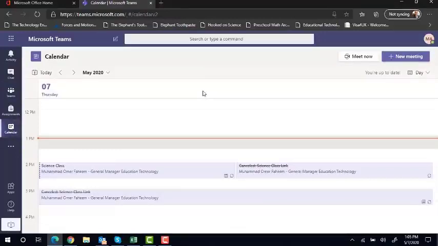So this is how you have to use Microsoft Teams for attending online classes, and for your children to see the videos and to upload the worksheets for the teacher for evaluation purposes. You can install this Teams app on your phone, on your tablet, on your mobile device, and students can log in by using their